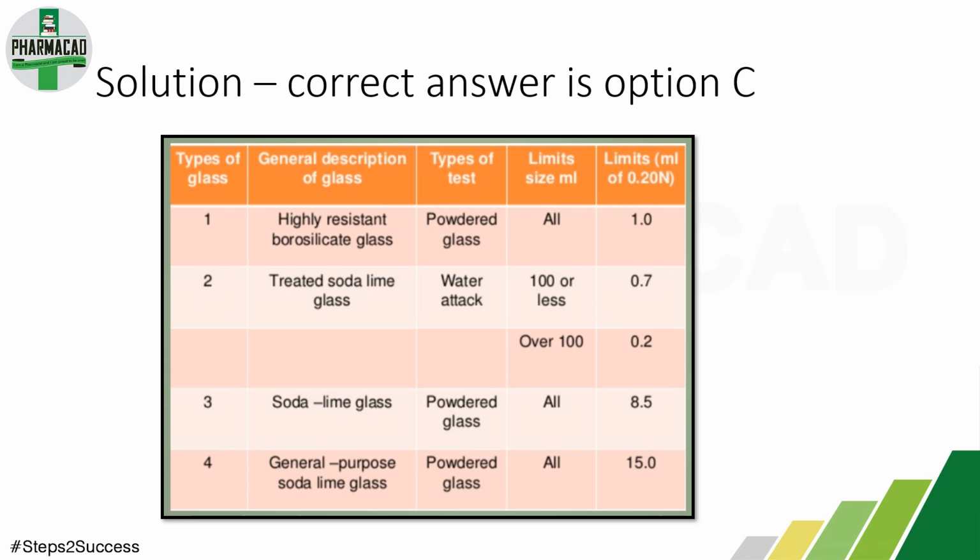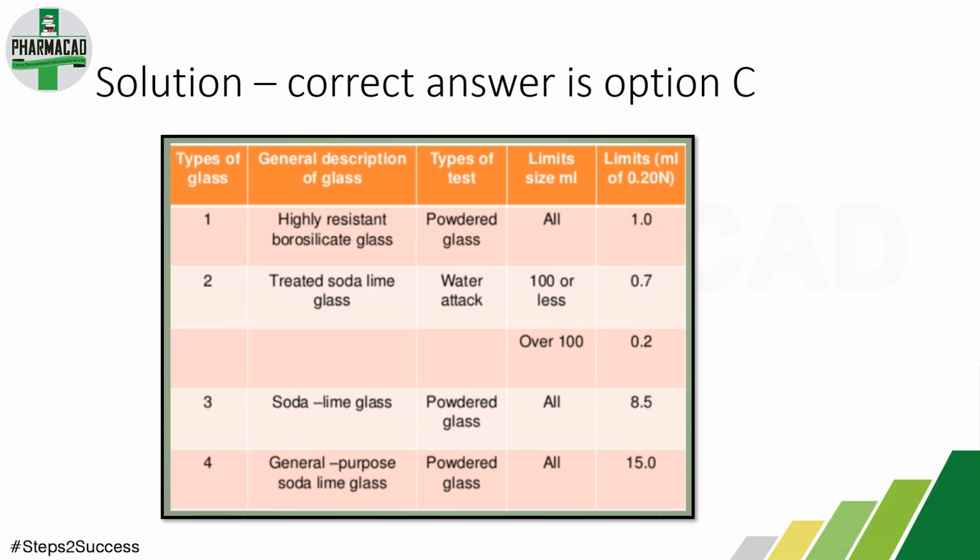test. These tests are basically performed to check the alkali content present in the glass, and to neutralize the alkali we need sulfuric acid. So basically the amount of sulfuric acid consumed has its own limit. If it exceeds the limit, the glass will be discarded. For type 1 the limit is 1 ml, for type 2 the limit is 0.7 and 0.2 depending